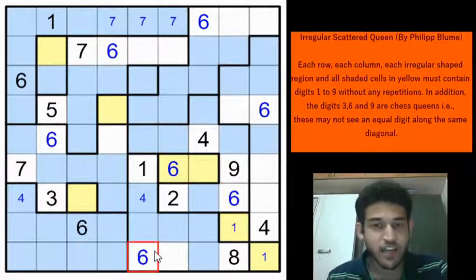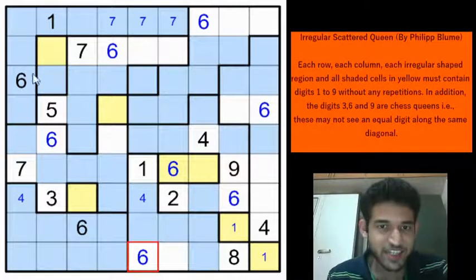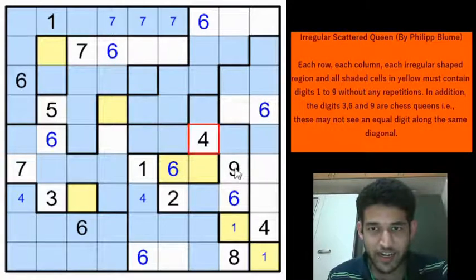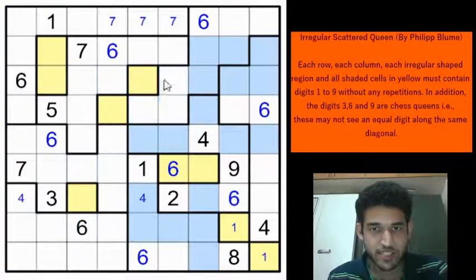All the 6s. Now if you look closely, not even one of these 6 is in the diagonal direction of any of the other 6s. Amazing, right? You take any 6, it won't diagonally interact with any of the other 6. Amazing. So now we have placed all the 6. We will remove the blue cells now, right? Because they are not useful information anymore. We can remove the cells highlighted in blue.